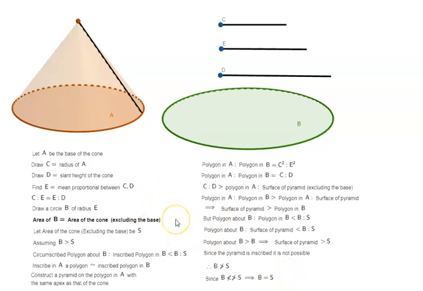So, we have proved the proposition which says that the surface of any isosceles cone excluding the base is equal to a circle whose radius is a mean proportional between the side of the cone and the radius of the circle which is the base of the cone. So that is proposition number 14 of the works of Archimedes, more specifically on the Sphere and Cylinder,